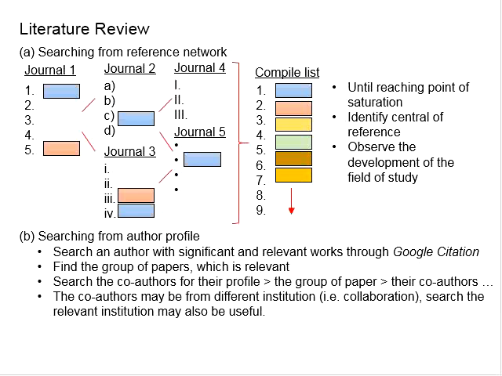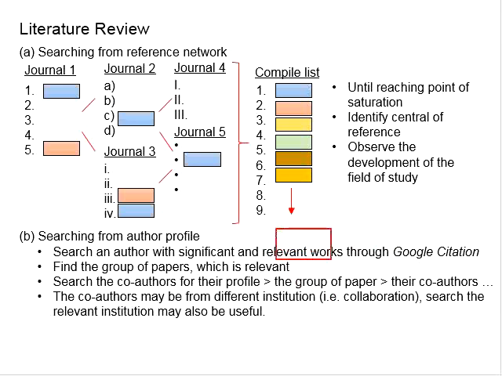Normally, I would recommend that you stop your searching until reaching the point of saturation. What does it mean by reaching the point of saturation? It is when you search for more journal papers, and based on the list of the journal papers given, there are very limited or no new publications that you have not already acquired. With that, the compiled list can no longer expand, or the compiled list of the journal papers expands at a very slow rate, and even the expansions of the compiled list here,